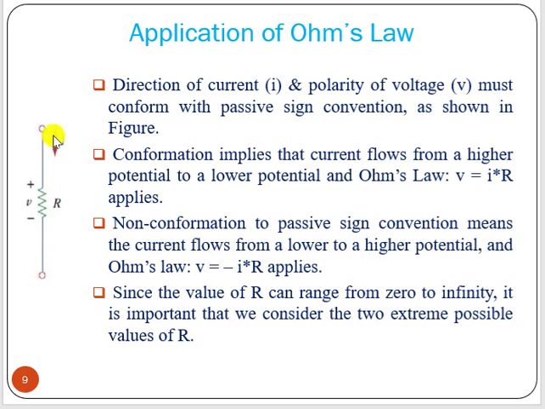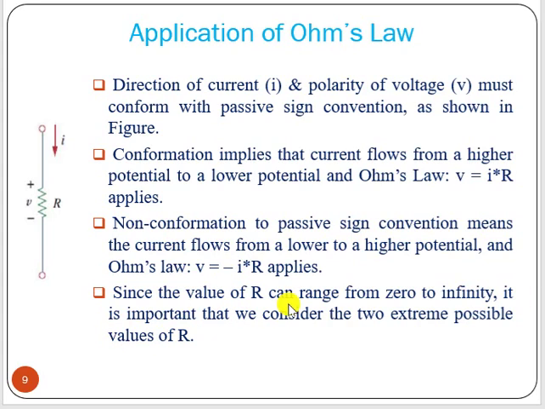In the figure, we can see current is flowing through this resistor from the top to the bottom. So the top should be positive and the bottom should be negative. So current is flowing from positive to negative. That means V equals IR. Now if we reverse the polarity, so this is plus and this is minus, then V equals minus IR, because the polarity of voltage is opposite to the current flow. Then you have to put V equals minus IR.